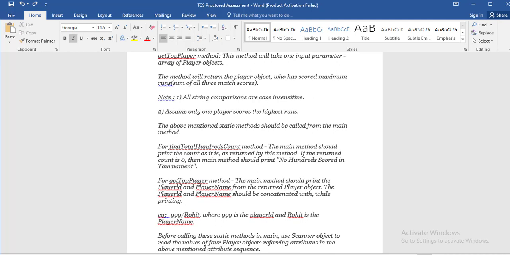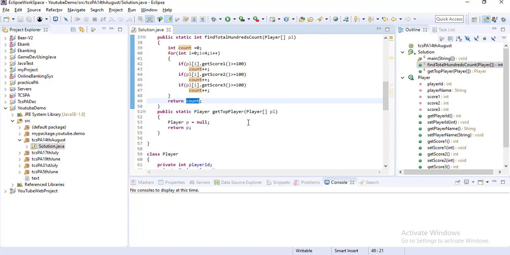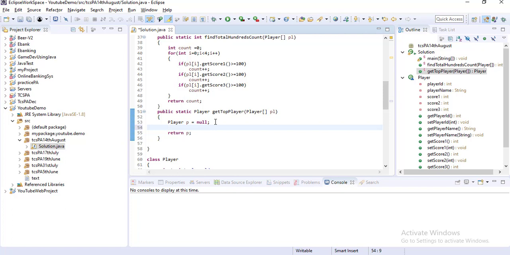So for that, initially I will set player equal to null. This array contains 4 player objects, so I am iterating a loop: for int i equal to 0, i less than 4, i plus plus. In every iteration I will calculate the total score.